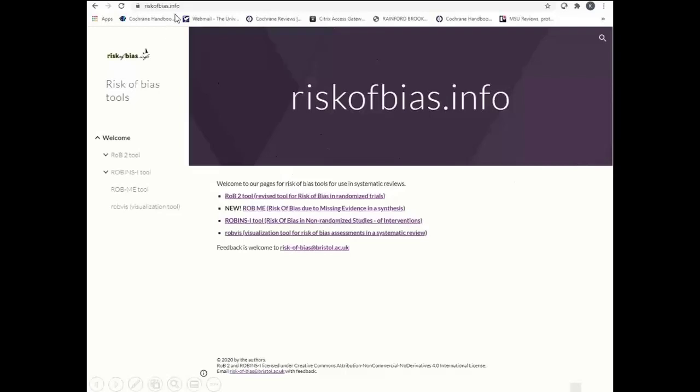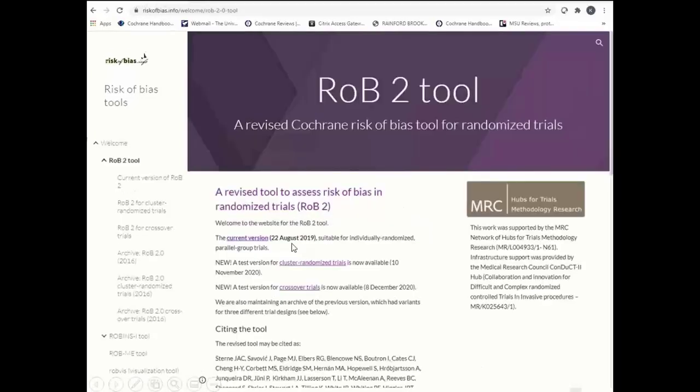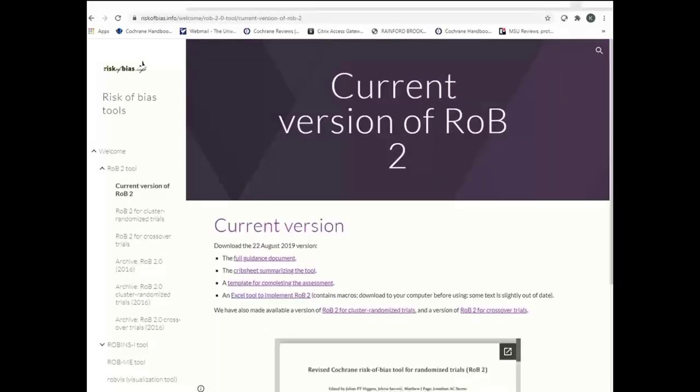There's also the riskofbias.info website, and this is the website for the tool itself. You can see here, if we click on Risk of Bias 2 tool, that opens up this page, and it has the current version for individually randomized parallel group trials. And also there are test versions now available for cluster and crossover trials. So if we click on current version, that takes us to this page where we have the full guidance document,